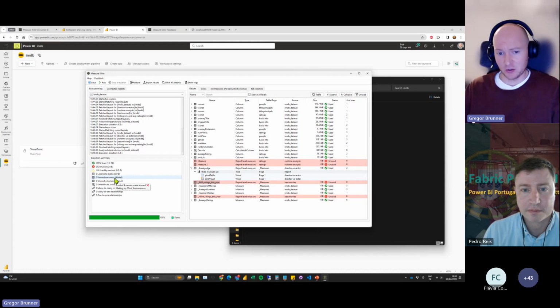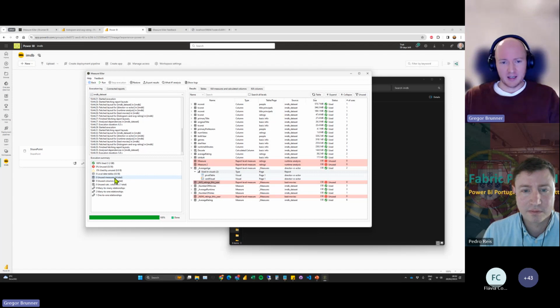We want to kick out all those useless measures that are just making everything complicated and they're all over the dataset. So that is already a benefit, and you will see this before, that you have, I don't know, 50 unused measures out of 100. And also before we saw how many percent of the model was unused. So that's also something you can communicate to your client.